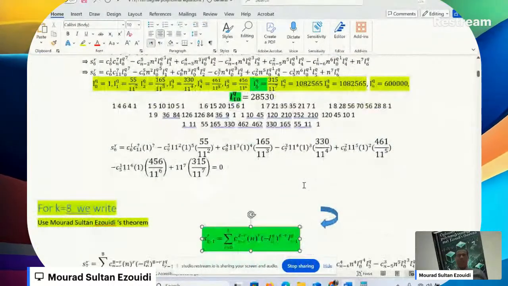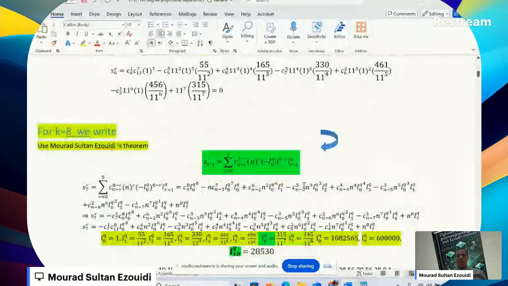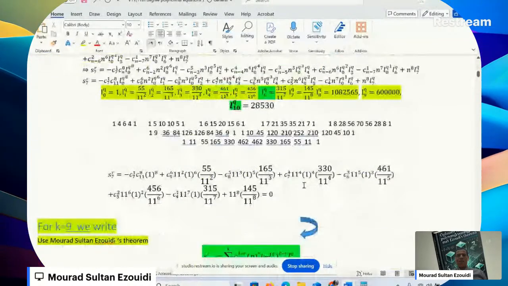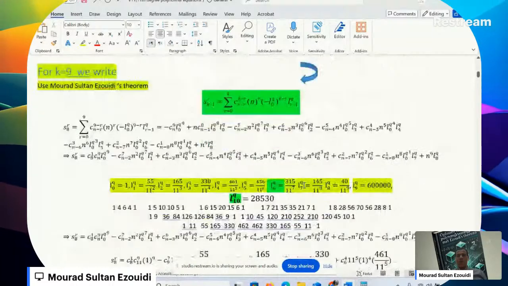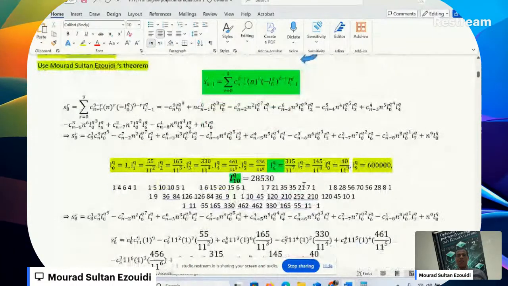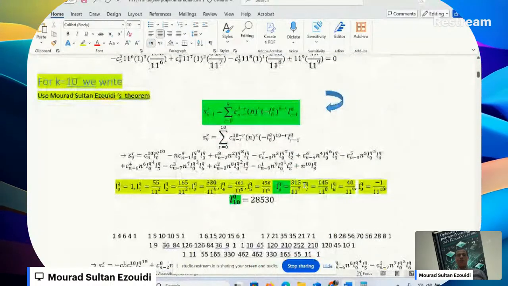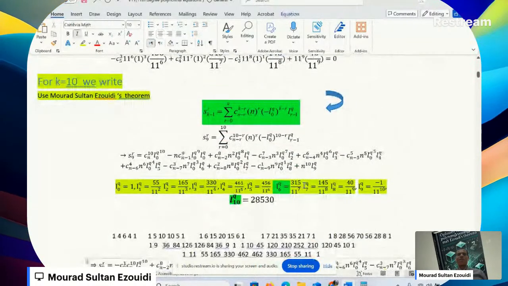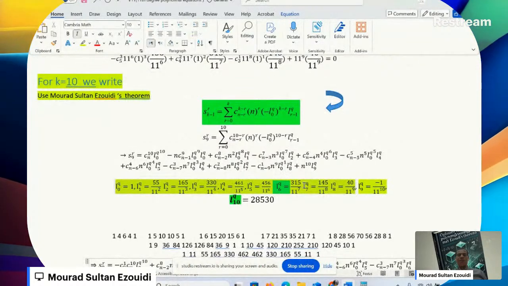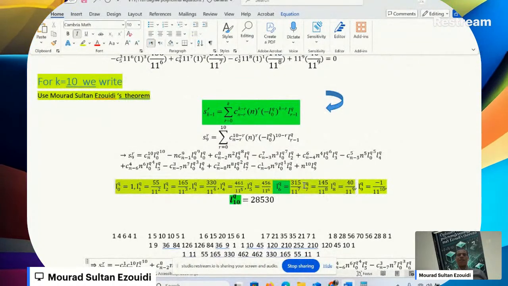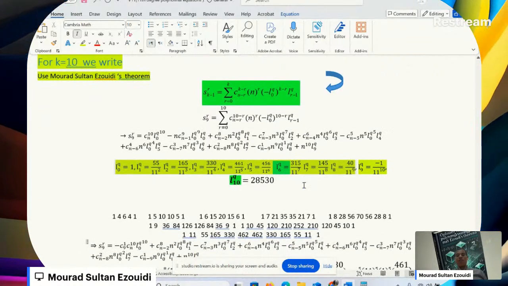I will prepare this example. I started preparing, but I need some more time to be with you, professors and teachers and colleagues, to give you a chance to understand, at least to see how to solve an equation whatsoever, the highest power of the formula equation. Murad's theorem will solve it and will find you at least the coefficient of this new